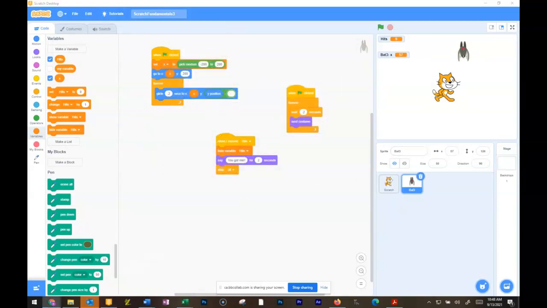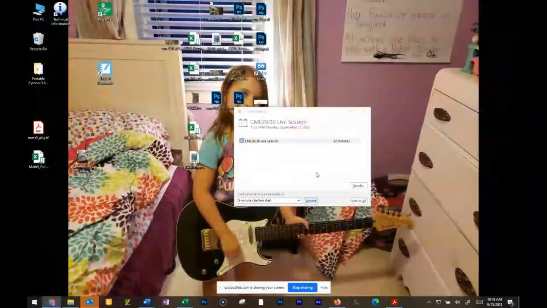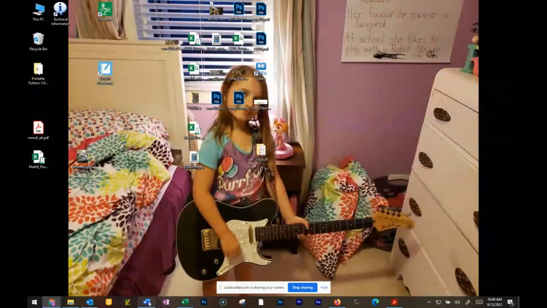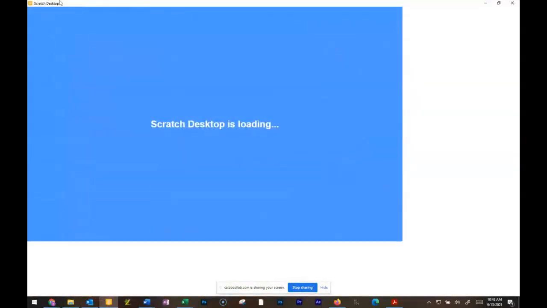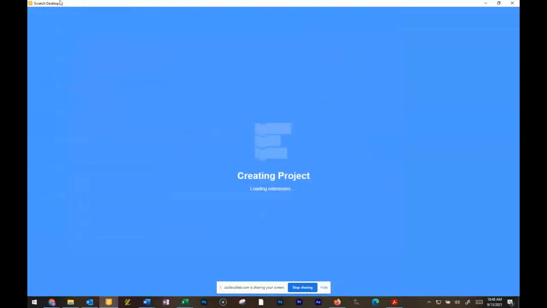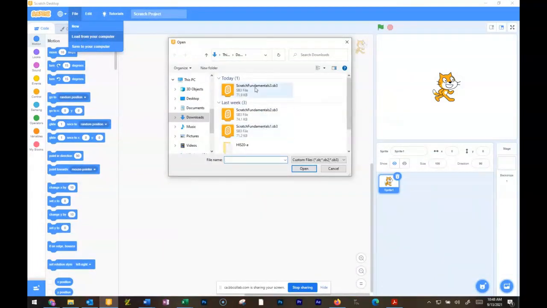Okay, I have no idea why that's not working. My keyboard appears to be working outside of the program, but it's not working inside the program. So I'm just going to shut it down, and then I'm going to bring it back up and hope that that is fixed. Scratch sometimes does stuff like that. It gets a little buggy. It's annoying, but